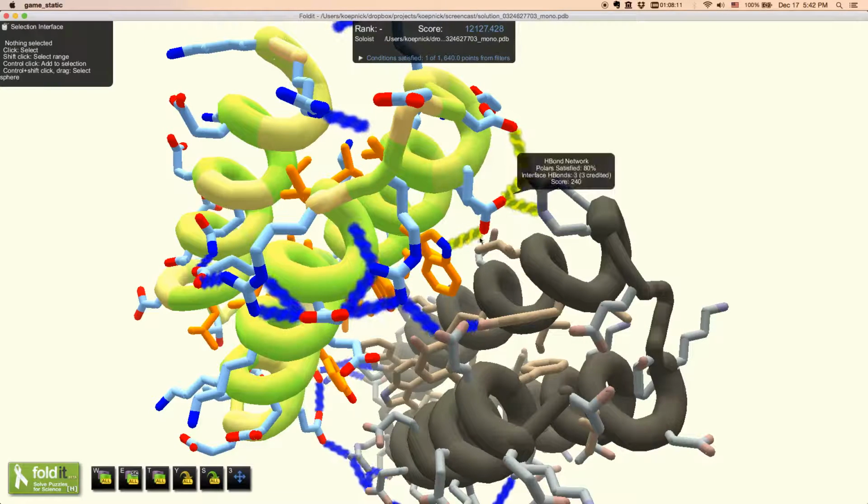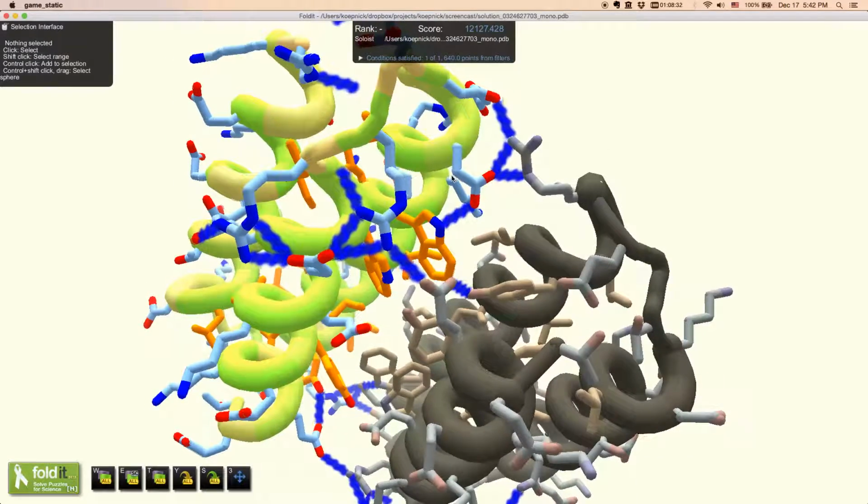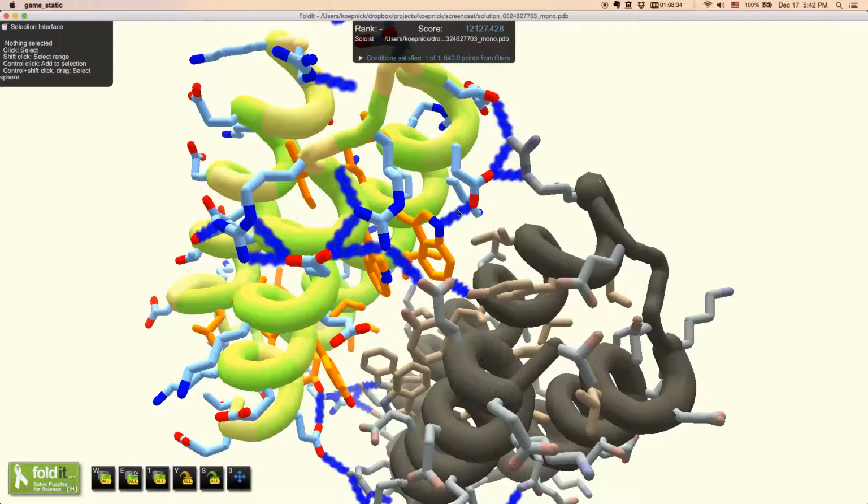So what you get is this nice hydrogen bonding across the interface, as well as this large hydrophobic group that packs really well at the interface. So this confers strength to the interface, and this confers specificity. And this is really cool. We don't see a lot of hydrogen bond networks in the Baker lab with tryptophans, and I really like this one.